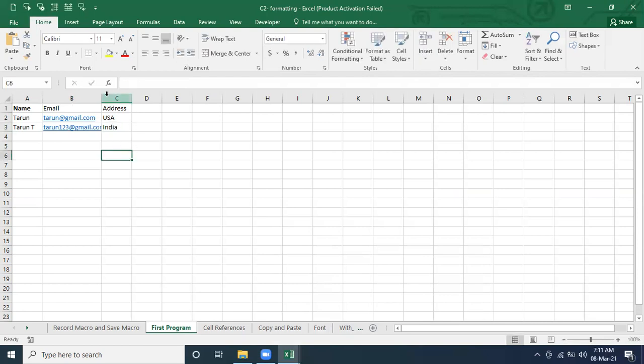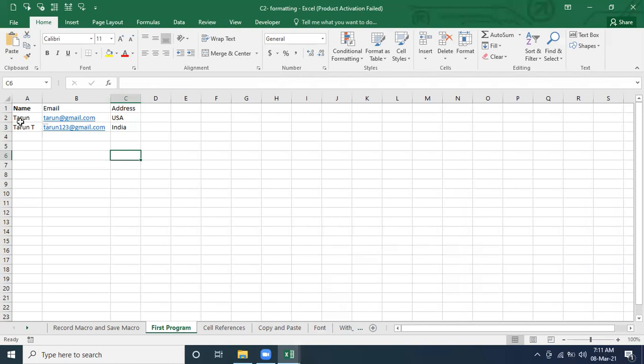Like this. So if you are going to identify Tarun, there is a chance of finding these two. Whatever code we define to identify Tarun, wherever Tarun is there, it is going to find here and here. But we want to update the second record, and it is going to update the first record because it finds the first location itself. At the first position it will be this one only, so it is going to change the address like this. This is the address.